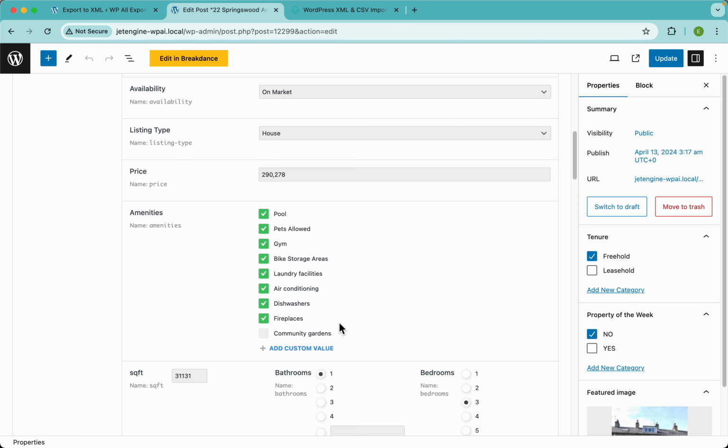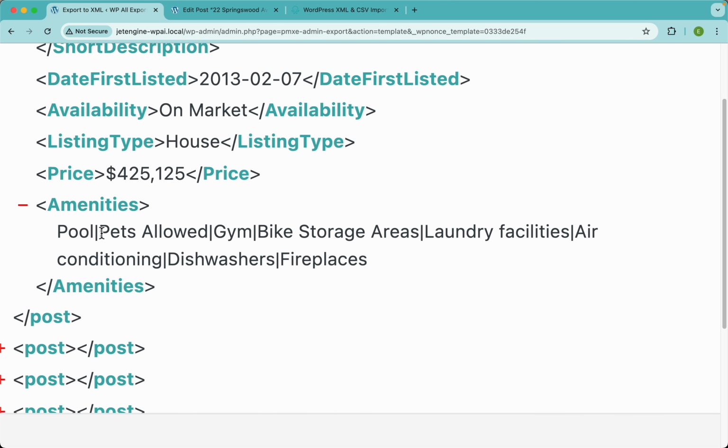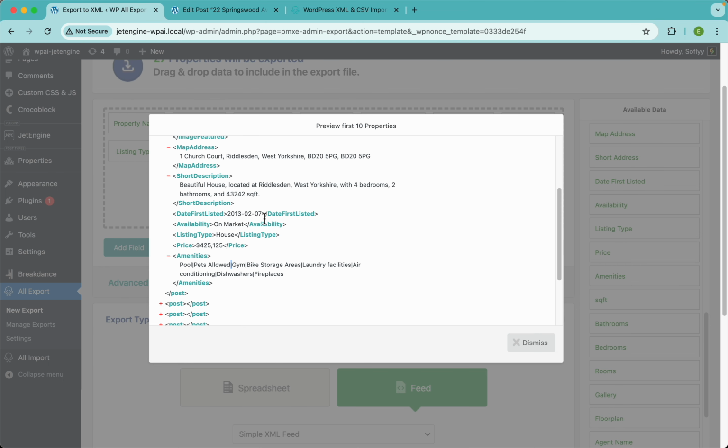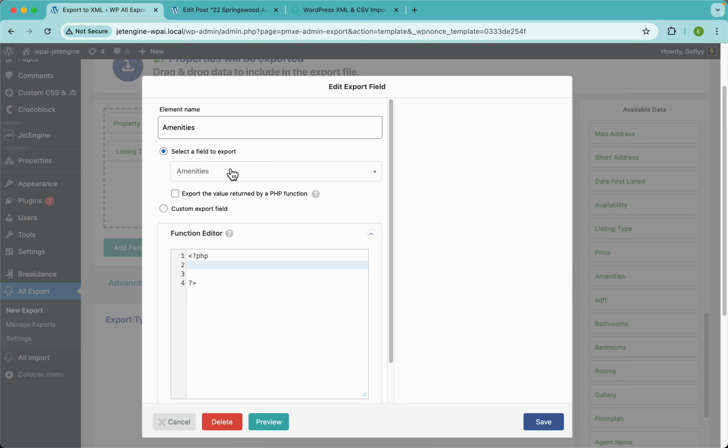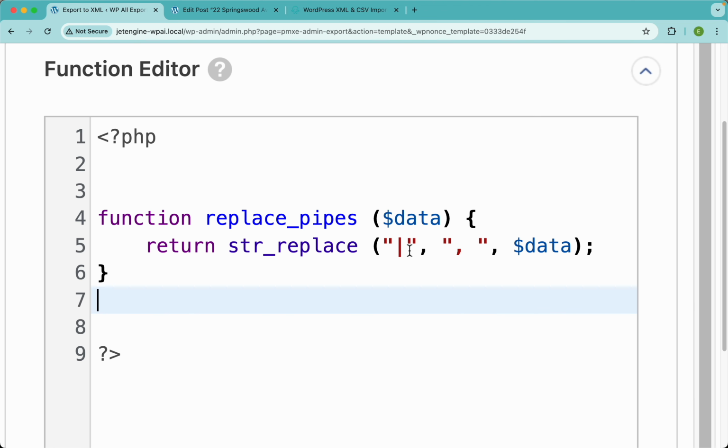Now, in this JetEngine checkbox field, you can select multiple values, and by default, when you select multiple values and you need to export that, WP Export will separate those values with pipes, right? But you can change that using a quick PHP function if you want to. You can do all sorts of crazy stuff with PHP actually, but we're gonna do a very simple thing, which is change these delimiters. I'm gonna open my amenities field, and I have one function ready, so I'm just gonna paste that in, and this function will use str_replace to look for our pipes and change those values to a comma,